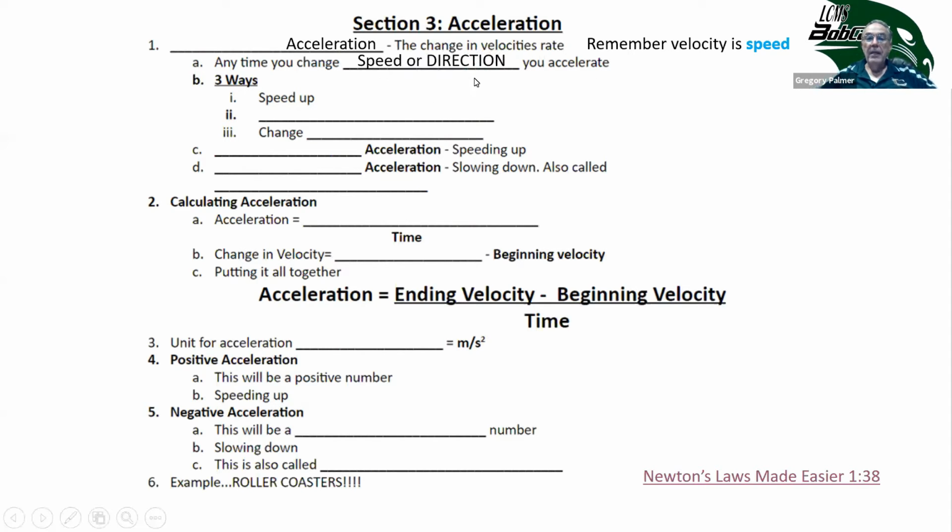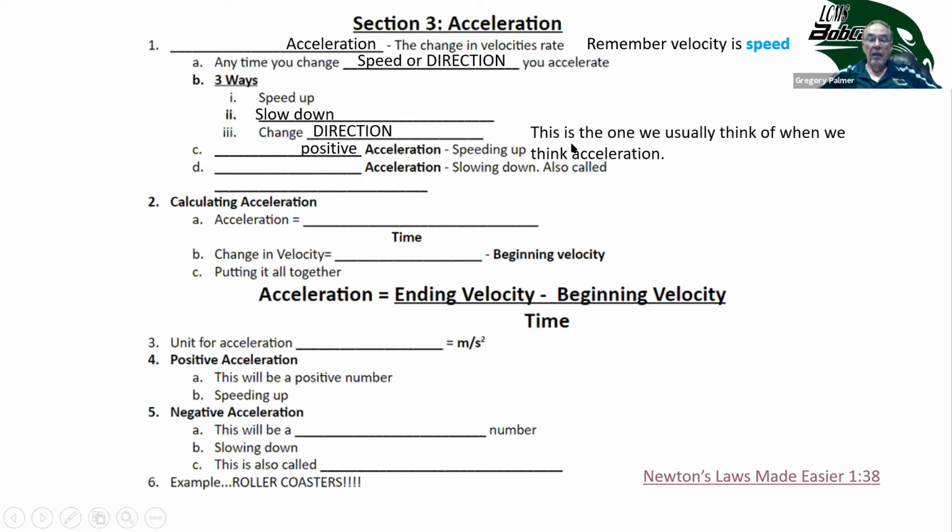So anytime you change speed or direction, you accelerate. So there's three ways. You could speed up, you could slow down, or, and I keep putting it in all caps, you can change direction, because that's what kids usually forget about. When something speeds up, it's called positive acceleration. When something slows down,